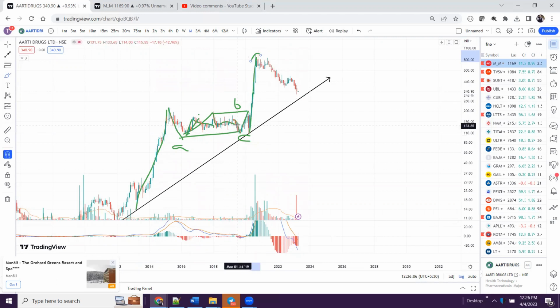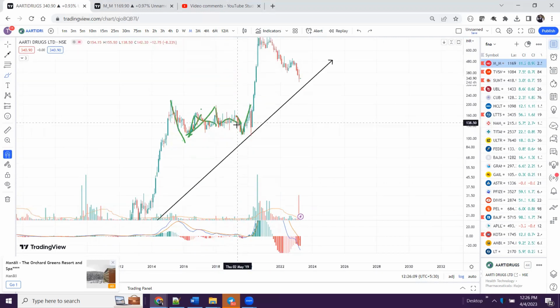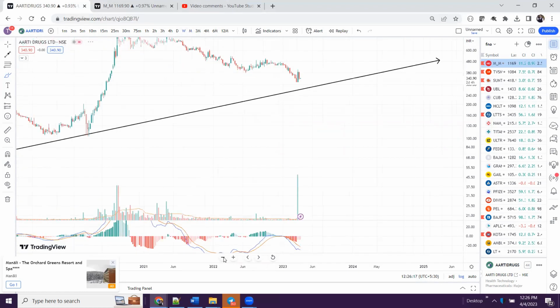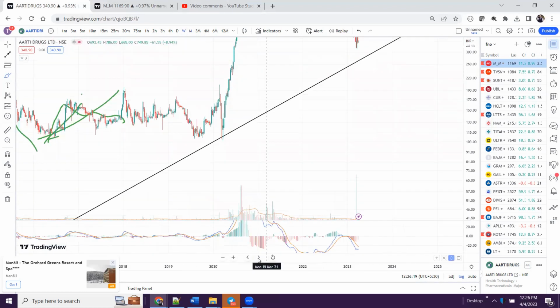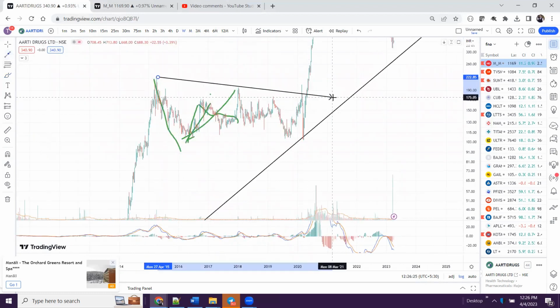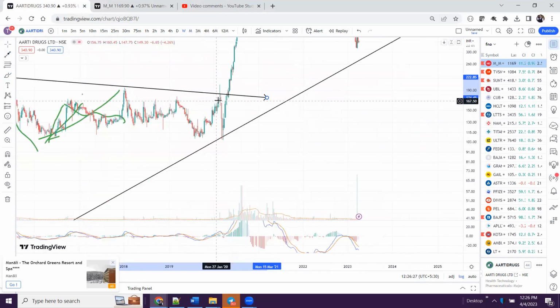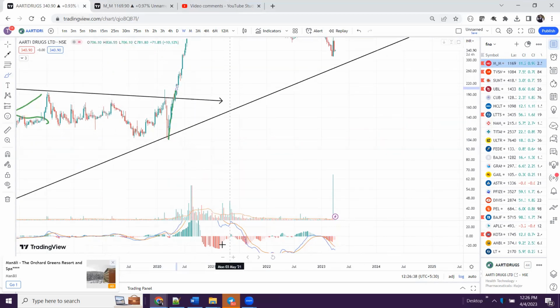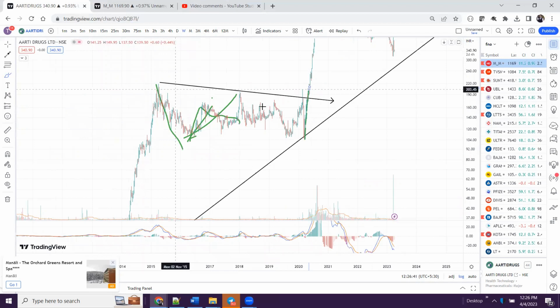Now, let me remove this quickly and show on the weekly chart what I'm saying. If you connect the trend line in the last ABC, you can see this breakout happened very fast. What is an impulsive move? It went with a very fast breakout, which means this is an impulsive move, and we were already expecting an impulsive move, so that was a good time, and confirmation also came.